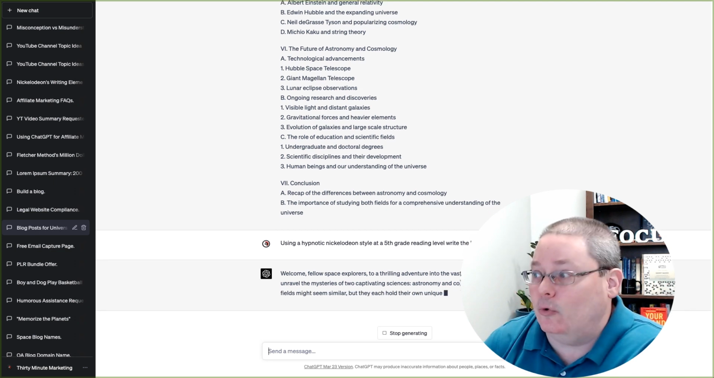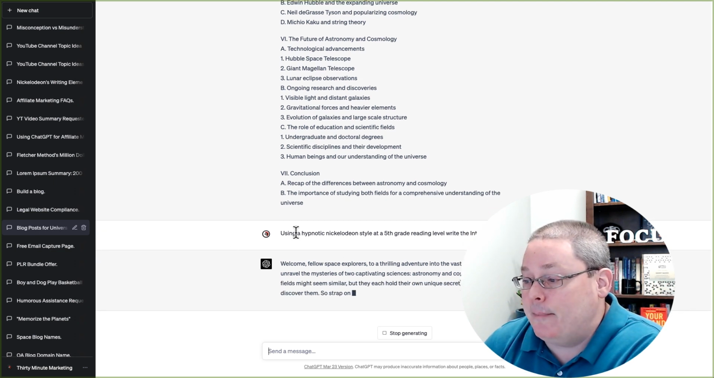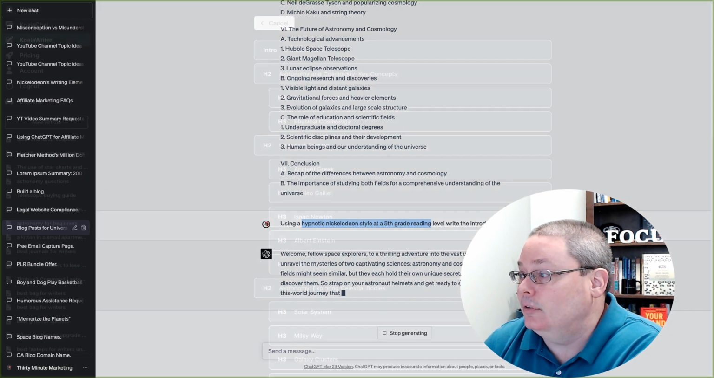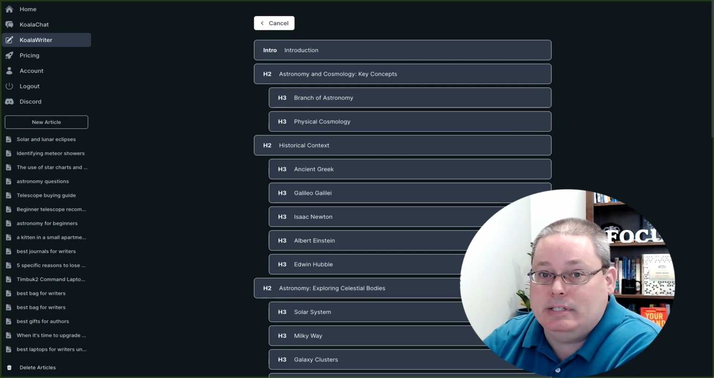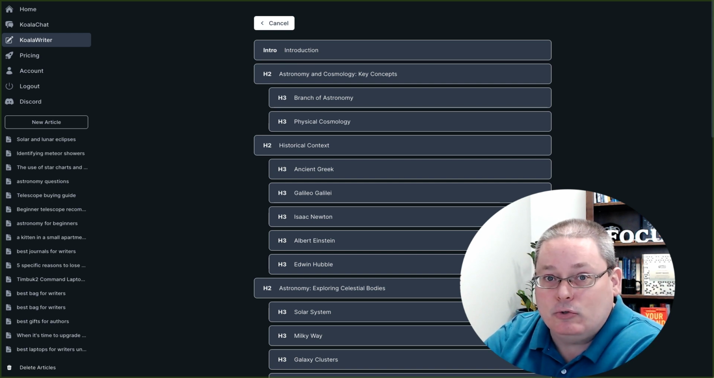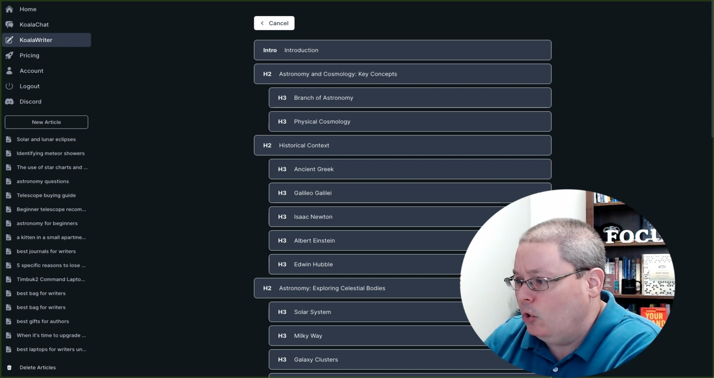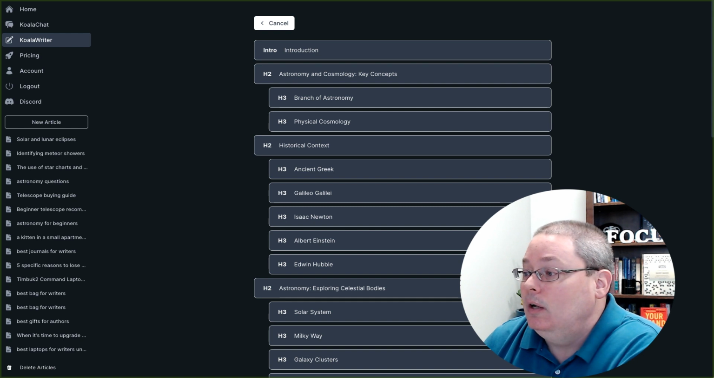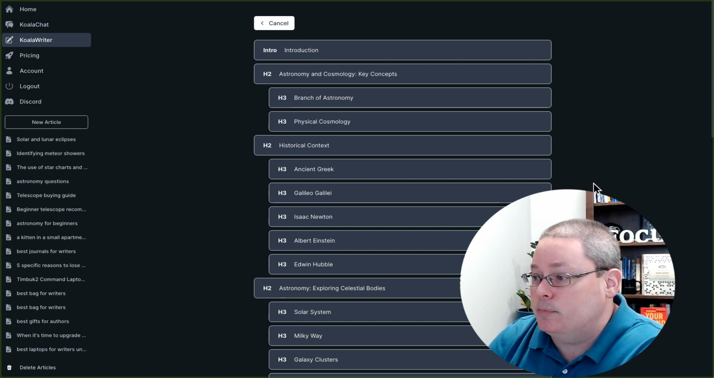Now, Koala is not writing that way because I don't have that option to say a hypnotic Nickelodeon style at a 5th grade reading level. The option in Koala that I'm using is just a basic standard SEO sort of neutral tone, or what they consider best for SEO. And we're going to compare those again using the spreadsheet when we look at the data,